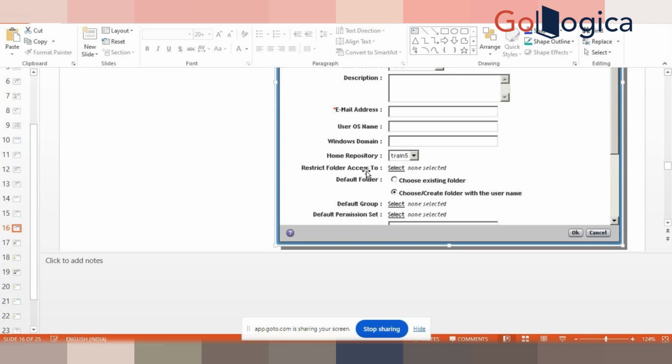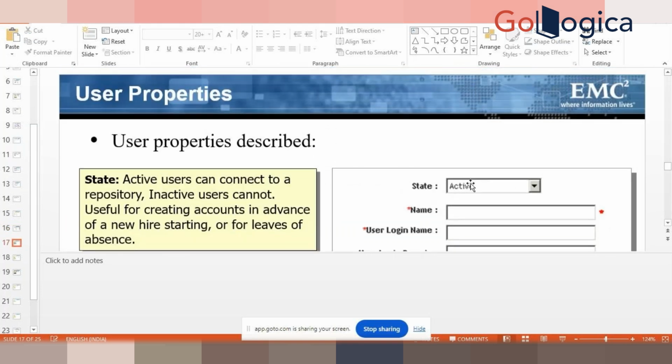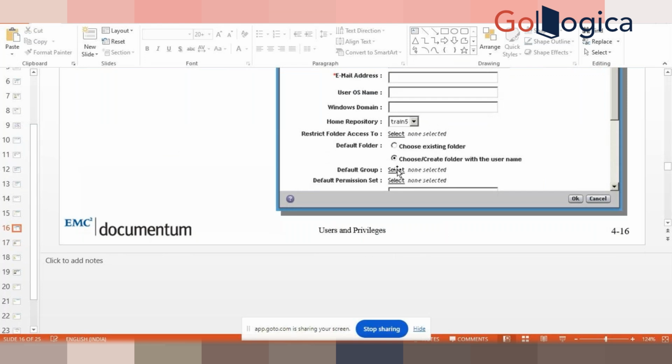Similarly, if you want to restrict the access of this user to a particular folder, then you can select that folder here. Now, which folder can be a default folder where this user will be primarily working day in, day out, or whatever documents they are searching belongs to that folder itself, then you can select that default folder. Now, if you select a default group here, it means that user will automatically become a member of that group. So you will not have to